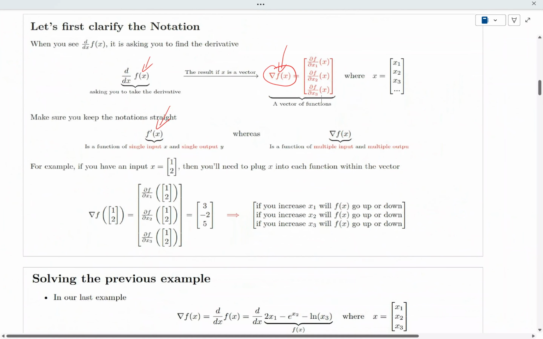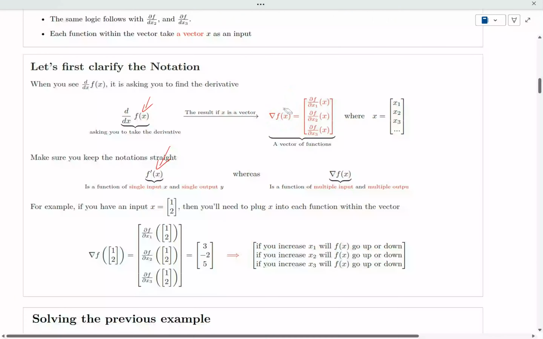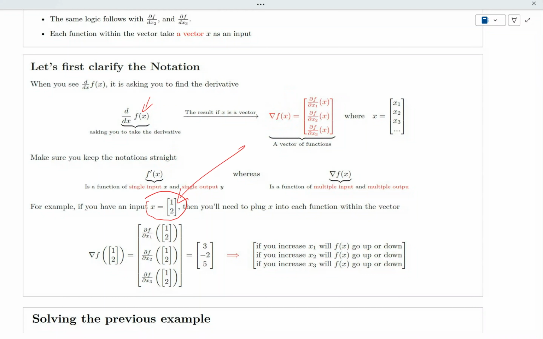All right. So, for example, let's say that you calculated the derivative with respect to x1, x2, x3. So you have three functions. And then what you want to do is find the derivative at a particular point. So if you are dealing with a multi-dimensional input at this point, what is the derivative? You plug x into each function, and each function will give you a value. It makes sense that you have three numbers because you need to know that at this current point, if you were to increase